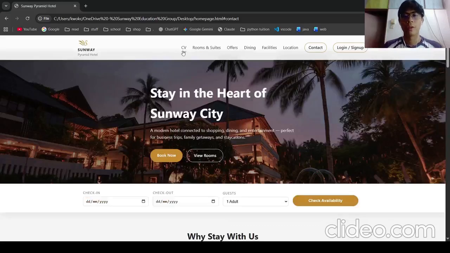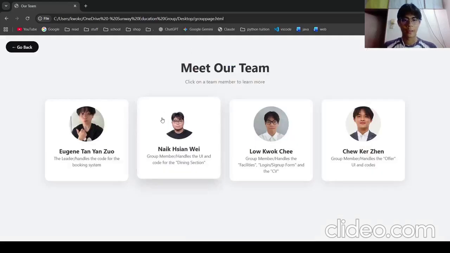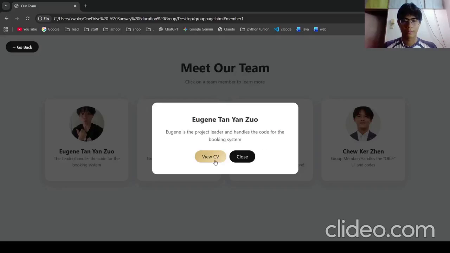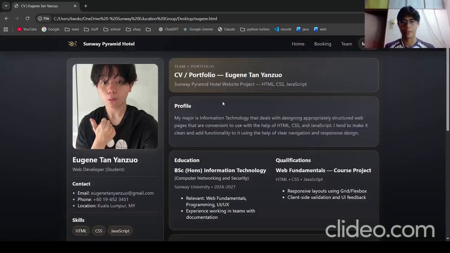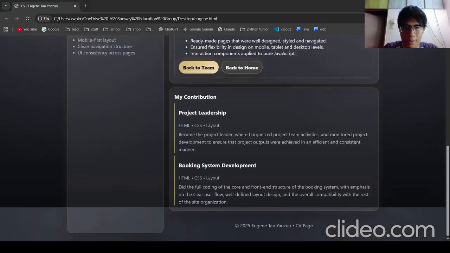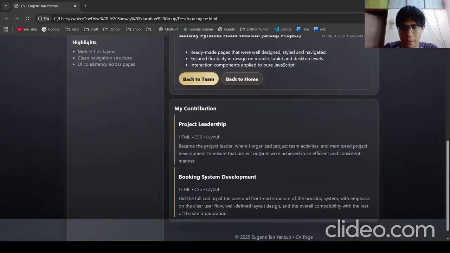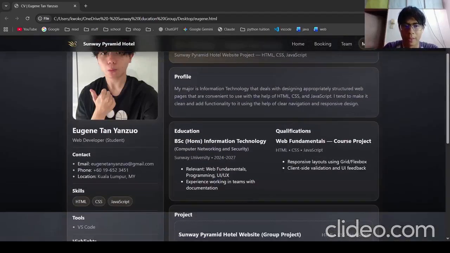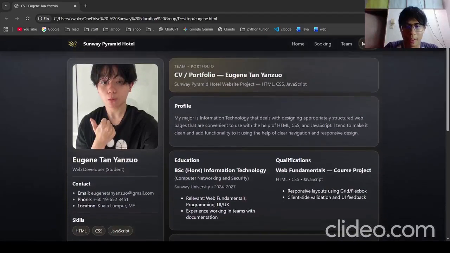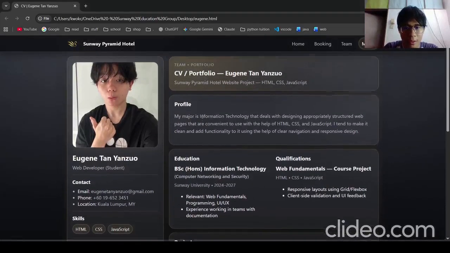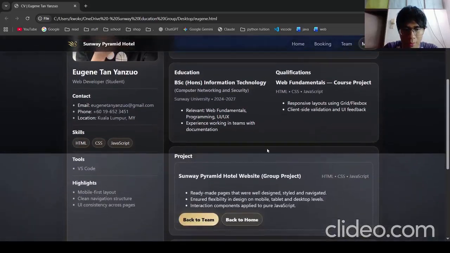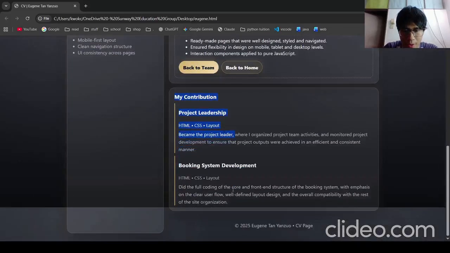Now moving to the CV part. I click on this CV button over here, and now I'll show you the CV. This is one of my teammates' CV, and this is how the CV looks. It looks very professional, and the grid and flexbox are perfect. This CV includes the profile bio and the contribution. In this case for Eugene, he is the project leader, and he also did the booking system